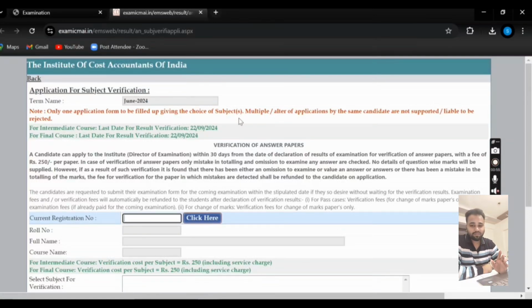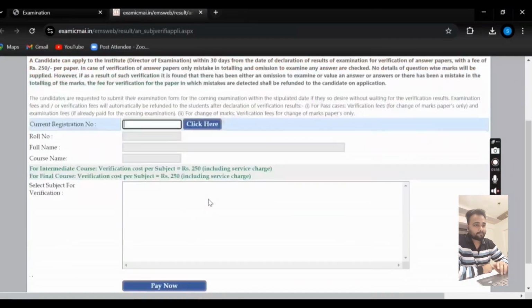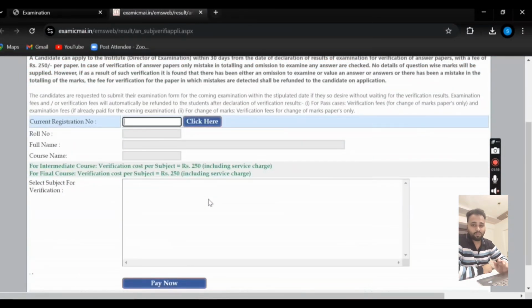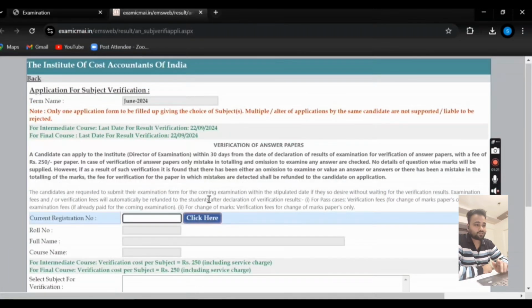Once you submit the application, alteration of that application would not be eligible and you would not be able to apply once again. That means you would not have an option to fill one more application form. So that is something you need to be careful about. Whatever subject you want to apply for, you have to apply in this form only. So first you have to analyze which subjects you want to apply for re-verification, and then only you should